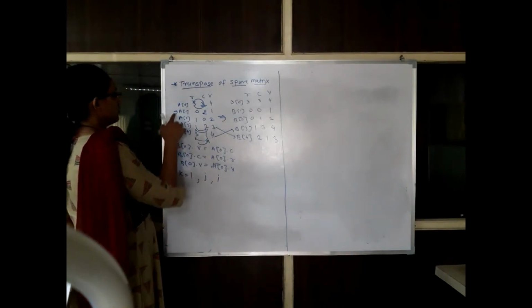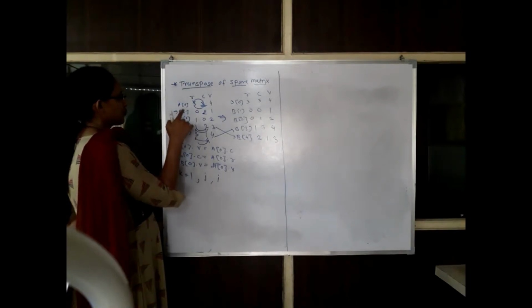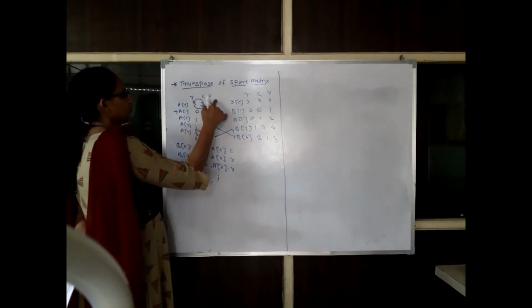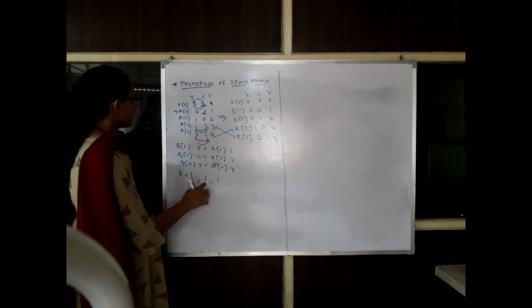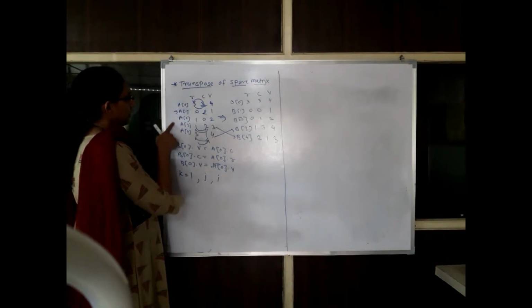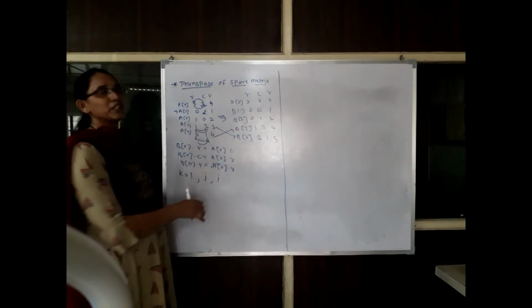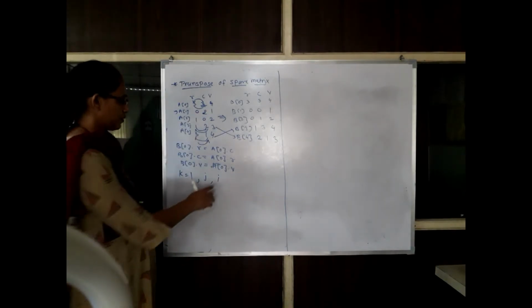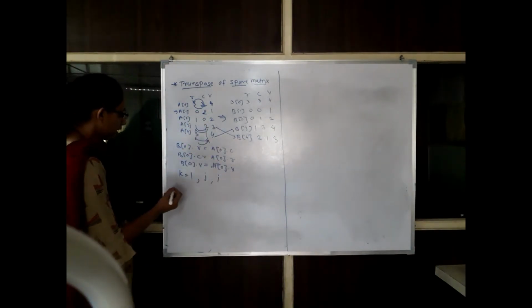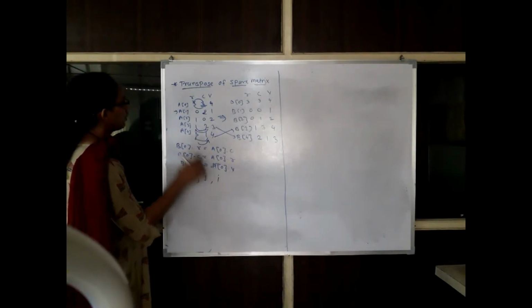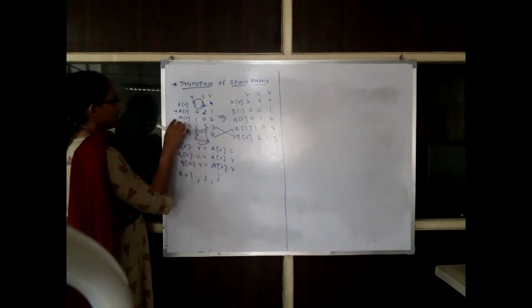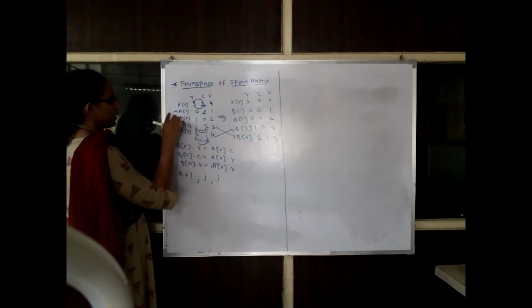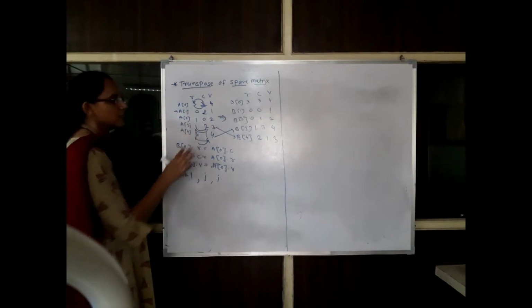Then j is for tuples. It ranges from 1 to number of non-zero values. So j indicates the tuple in A matrix, and I is nothing but the possible column values. Now here, for every possible column value, we are checking the tuples. For 0, we are checking tuple 1, 2, 3, 4. For value 1, we are checking tuple 1, 2, 3, 4. For value 2, we have checked tuple 1, 2, 3, 4.